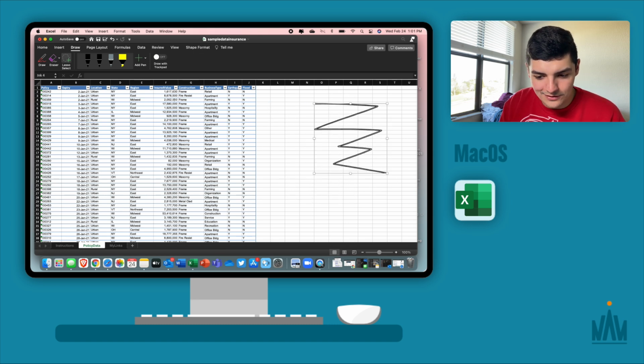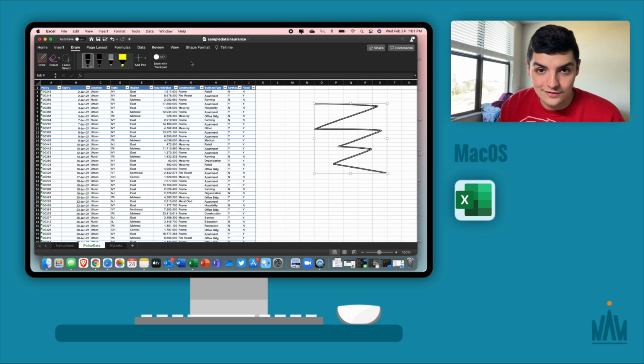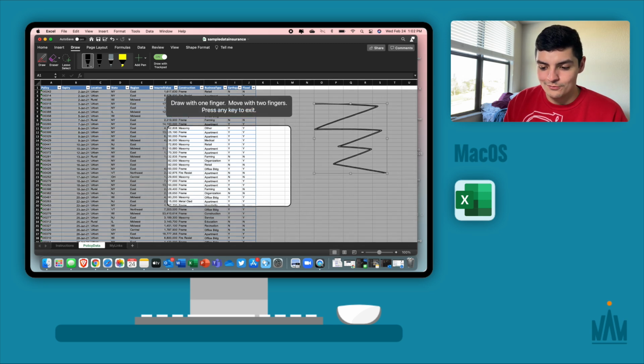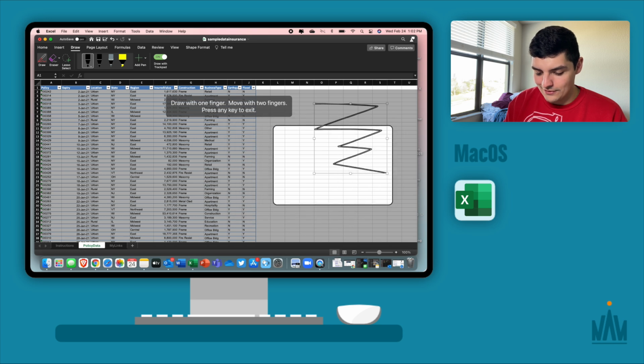So that kind of customization is there, which is nice. You have the eraser, the draw, you can pick different types of pencils, you can even add pen and pencil and highlighter tips just if you want to, and then you can even draw with the trackpad. So I just turn that on, draw with one finger, move with two fingers. So move this with two fingers over here if I want to move it, and then